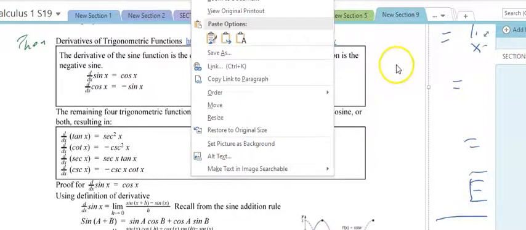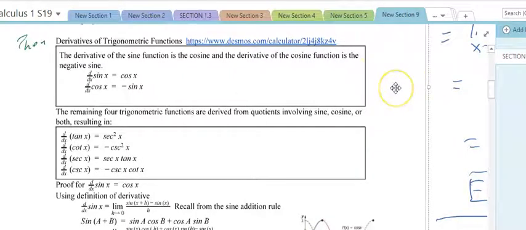Now let us go back and look at what we can do with this. We can use what we just learned to further prove that some of the identities that we have here are true. For example, the derivative of sine of x is equal to cosine of x. The derivative of cosine of x is equal to negative sine of x. And then the other 4 trig functions, which we can derive using the derivatives of sine of x and cosine of x,